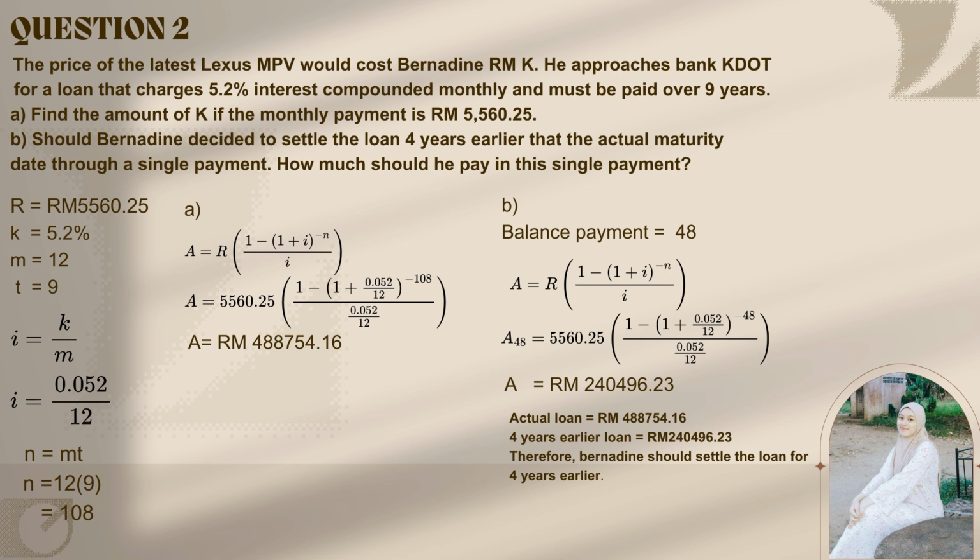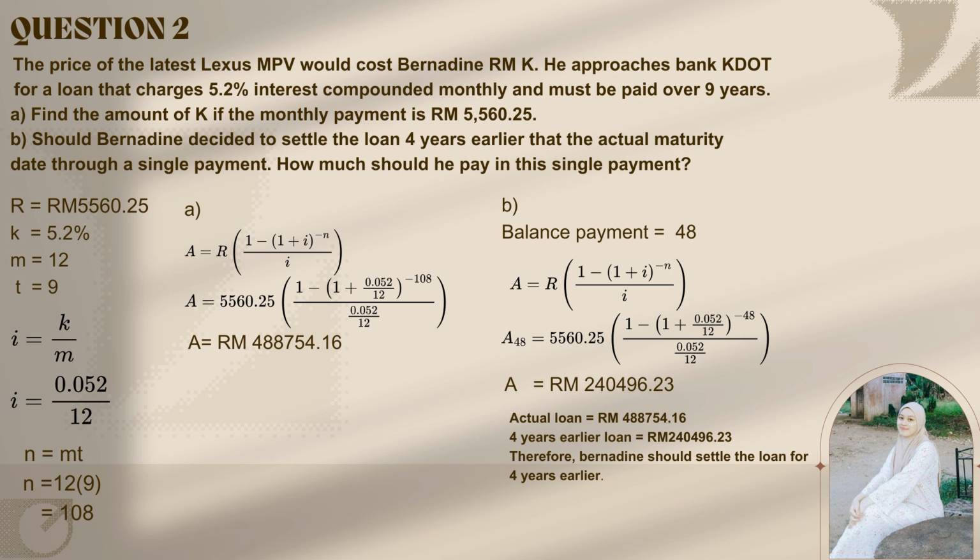First of all, let's put out all the formula, which is R, K, M, T, and find the value of I and N. For A, use the present value and substitute all the formula and you will get the answer RM for A8, 754 and 16. For question B, find the balance payment which is 48 and use the present value and then substitute all the formula for A48 and then we got the answer A